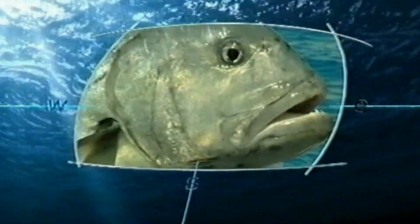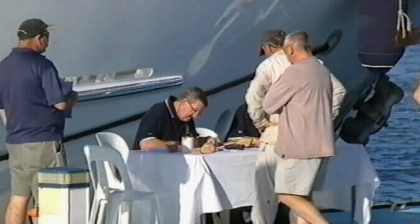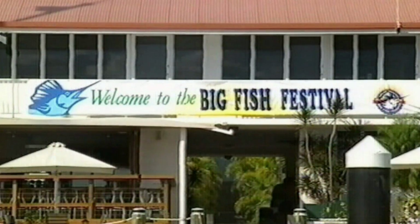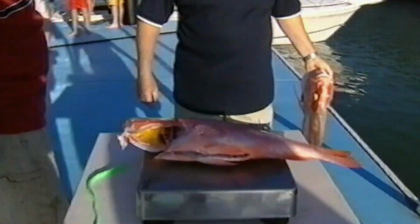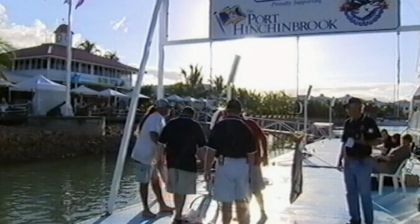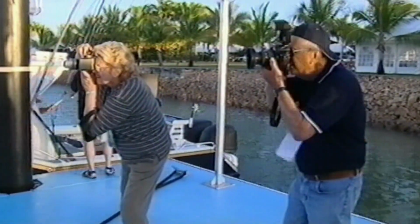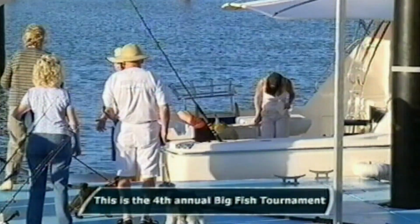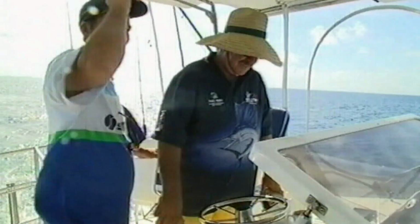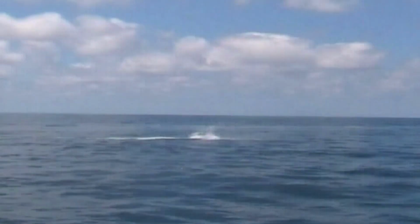Woohoo! Look at that, eh? What a ripper. Now, I'm not just in Port Hinchinbrook for the trevally fishing. It happens to be the annual Big Fish Tournament, where competitors from around Australia and overseas chase everything from reef fish to big billfish. It's always a great atmosphere up here for the comp, and this year a record 170 anglers have entered. Bumper Bar Tim and his team usually scoop a few prizes too, but this afternoon...